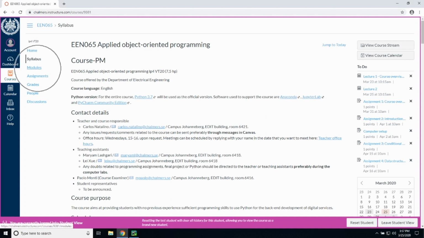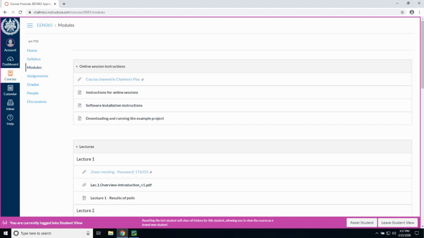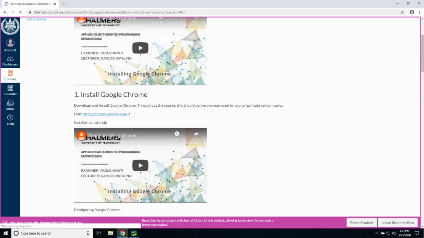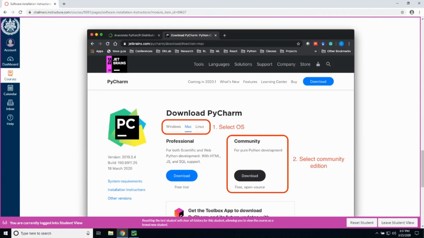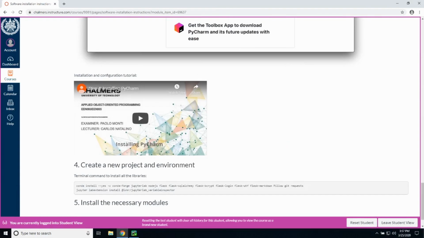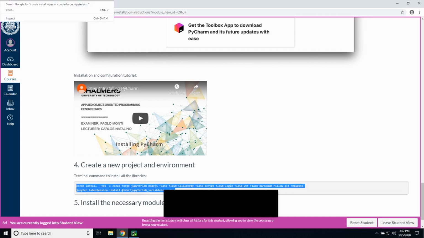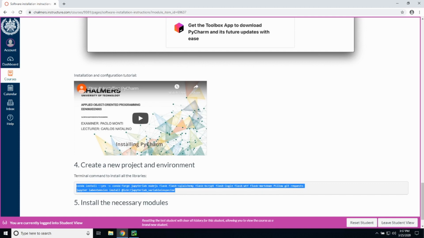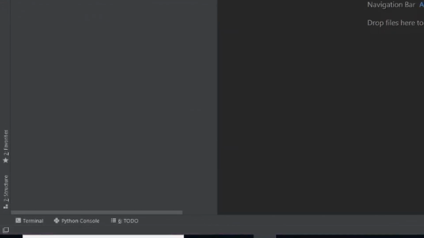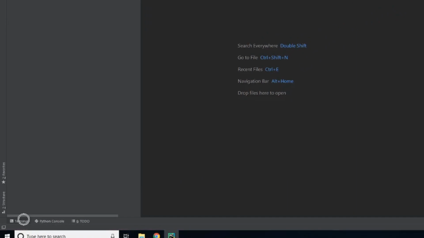course page, to the modules, to the software installation instructions, and then when we scroll to the step number 4, we will see that here there are two lines that you should copy, and these lines will be responsible to installing all the packages that we need and that we're gonna use throughout the course. Then, when we come back to PyCharm, we should look in the bottom left part where there is